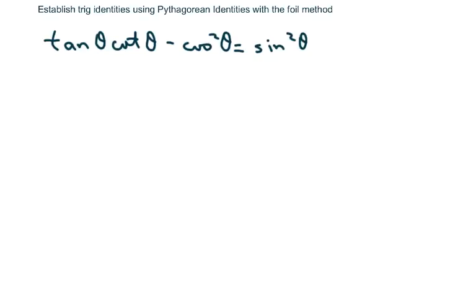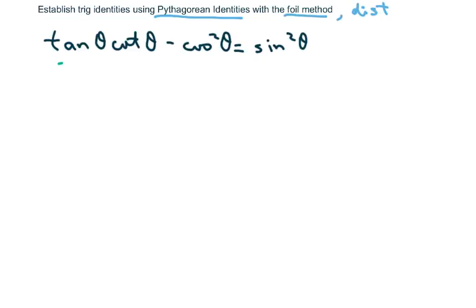Hey everyone, we're going to establish trig identities using the Pythagorean identities and the FOIL method, or actually a distributive method, or basic difference of squares. So basically we are going to work on the left side of the equation because it's more complicated, and I'm going to go ahead and write this